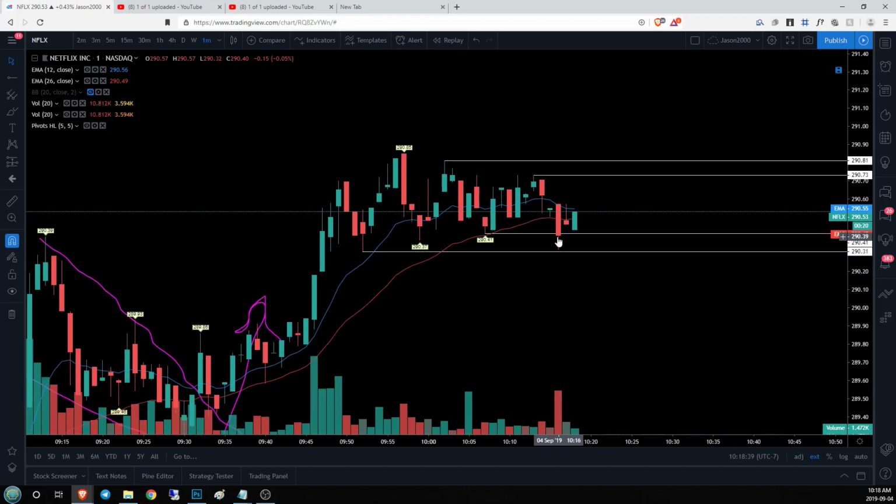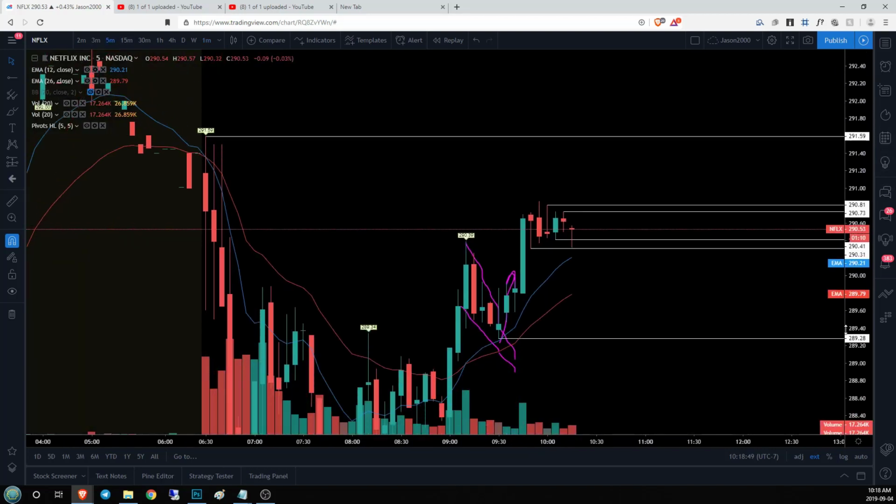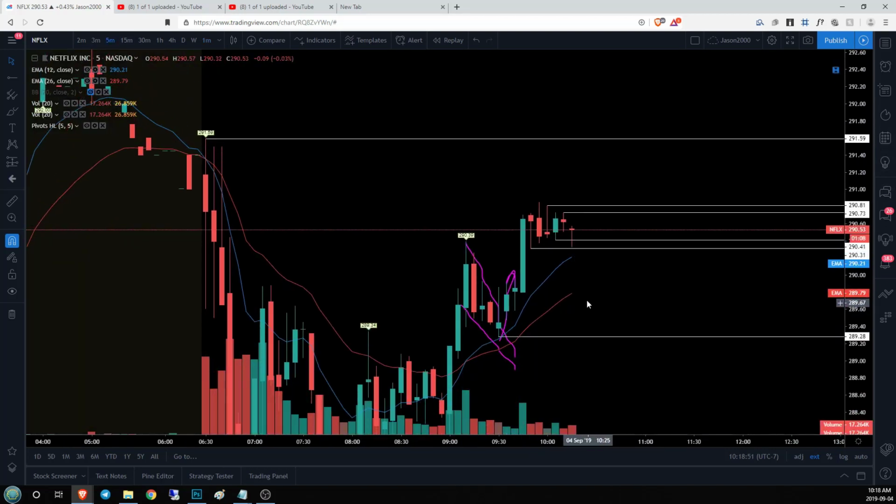If we get through that, and we see a pullback, a back test to former support as resistance, it's likely we're going to see that 5-minute time frame slowdown turn into what we hope to see as an attempt for a 5-minute higher low, somewhere probably down here on 289.79.